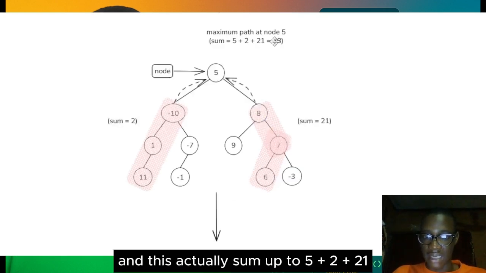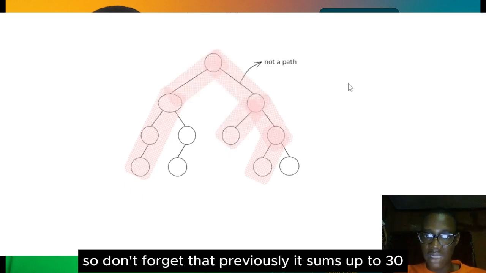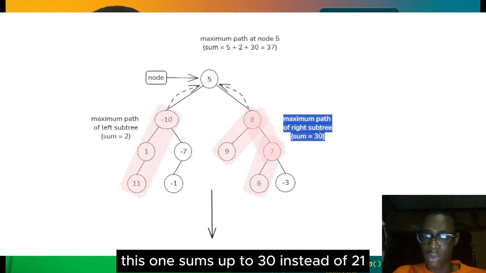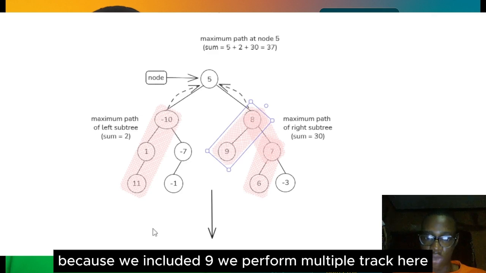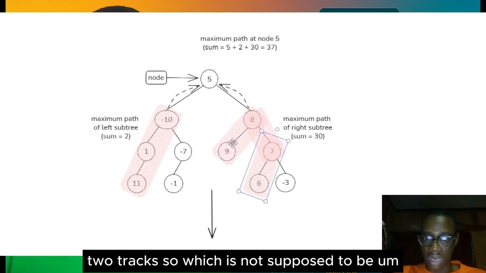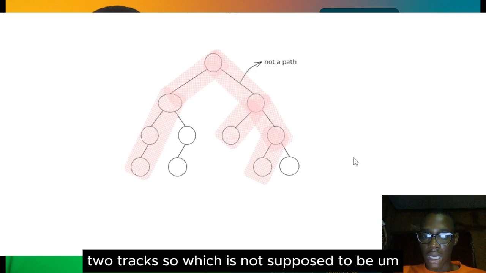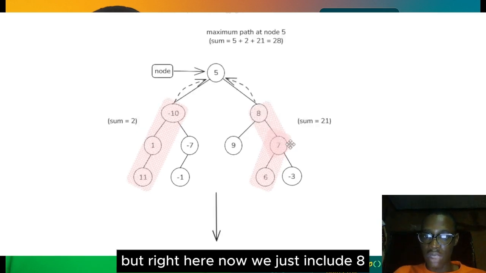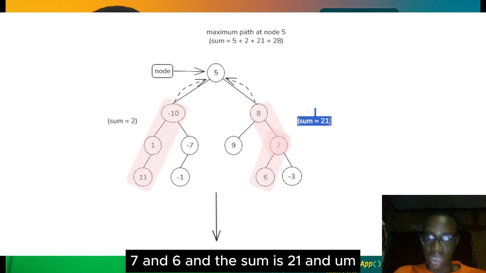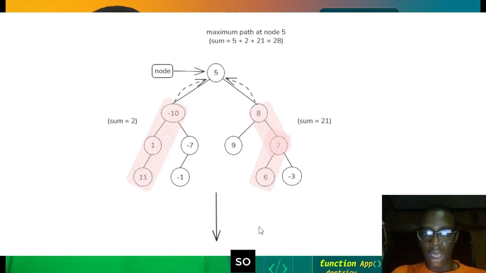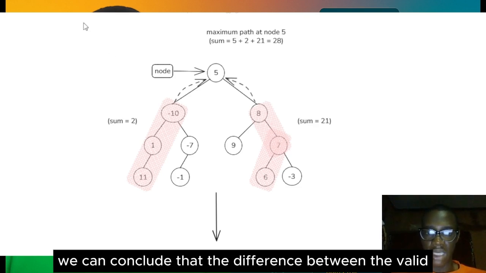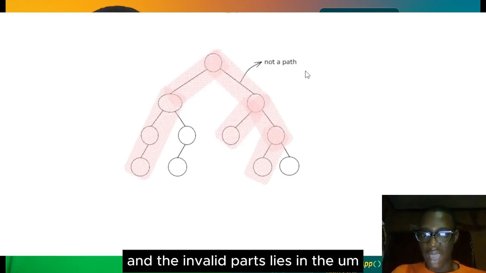And this actually sums up to 5 plus 2 plus 21. So don't forget that previously it sums up to 30. This one sums up to 30 instead of 21, because we included 9. We perform multiple tracks here, 2 tracks, which is not supposed to be. But right here now we just include 8, 7 and 6, and the sum is 21, and we see that that is correct. So we can conclude that the difference between the valid and the invalid path lies in the